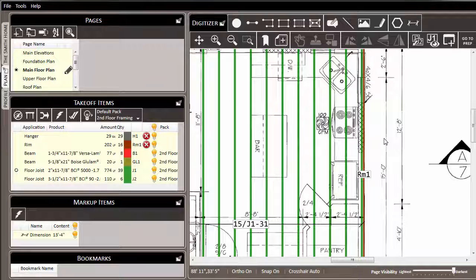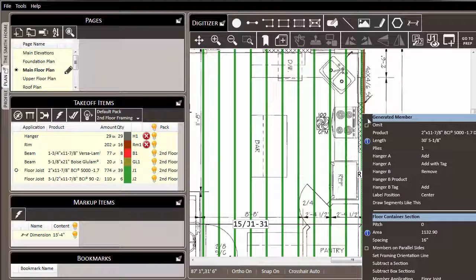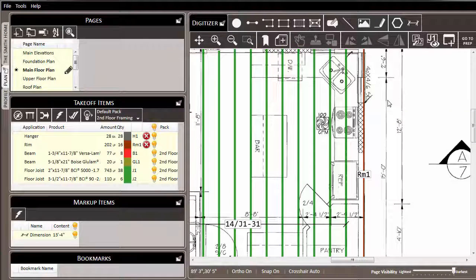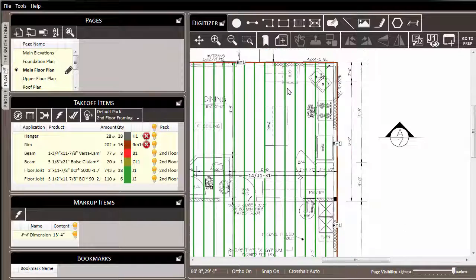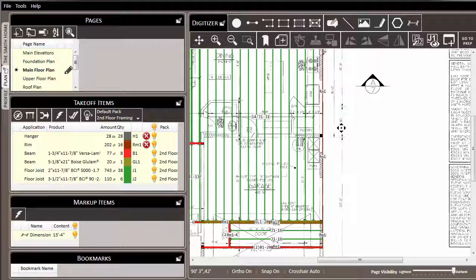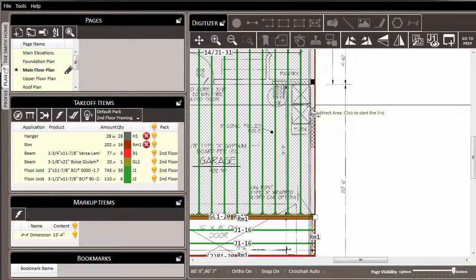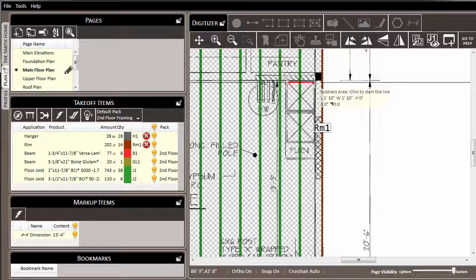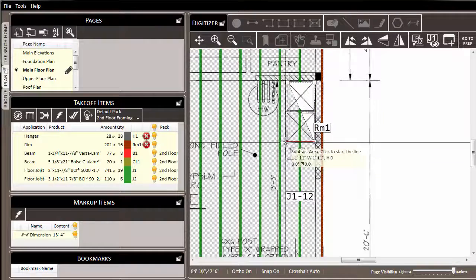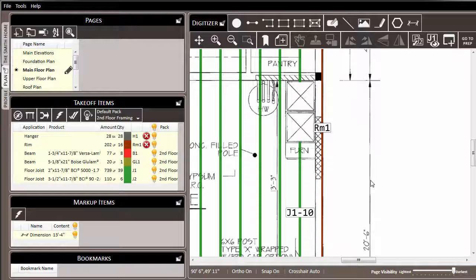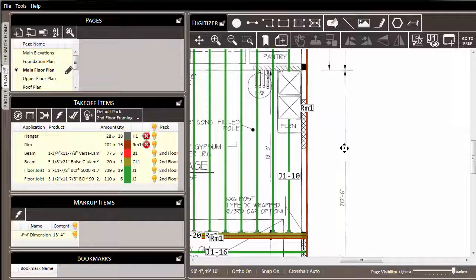We can adjust other things. For example, at the edge of this container, this floor joist here is probably not required, so I can right-click on it and choose to omit it, and it's removed from the floor container. You can also handle the situations where you need to have an opening in the floor, such as for an HVAC or mechanical opening. Here we have one here over the garage. So I right-click on the container and choose Subtract a Section, and we trace a box around the area that needs to be subtracted. And as you do, you can see that the floor joists have been cut back through